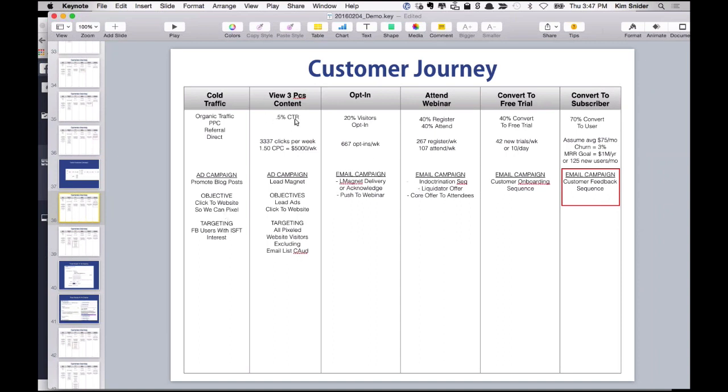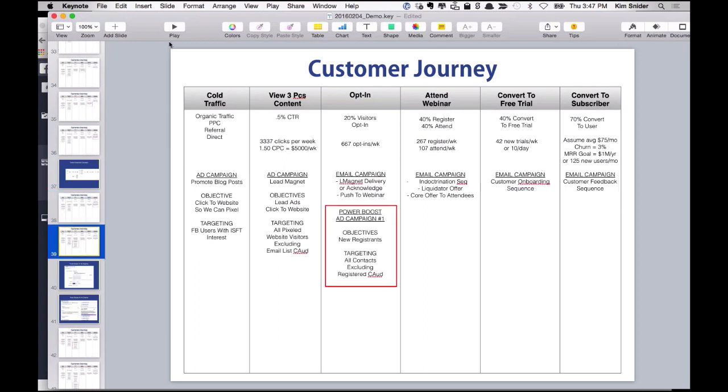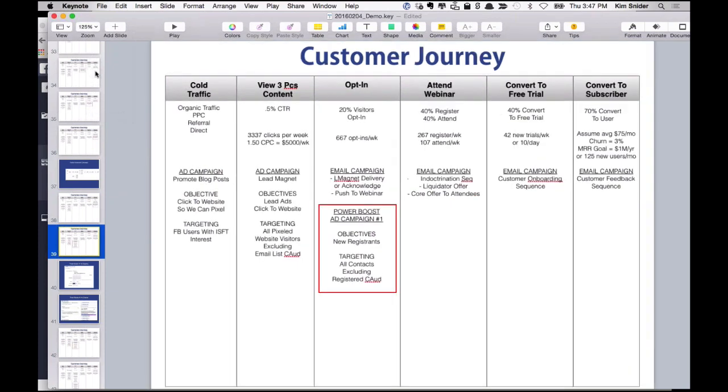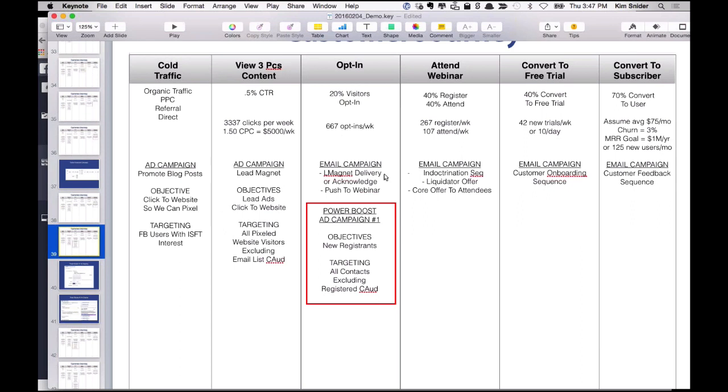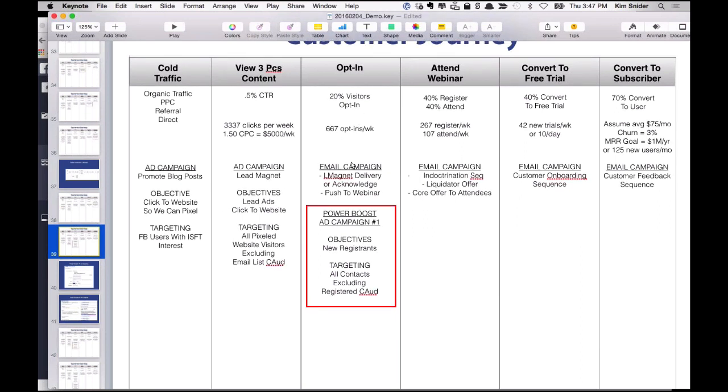This is going to get that 0.5%, the 20%, the 40%, the 40%, but what about the rest of it? What about all the leaky buckets? Well, we are going to use Facebook ads for that, and here's what that's going to look like. So the first one I am calling Power Booster number 1, and again, I am going to make this a little bigger for you so you can see it. Power Booster number 1, ad campaign number 1, is designed to go